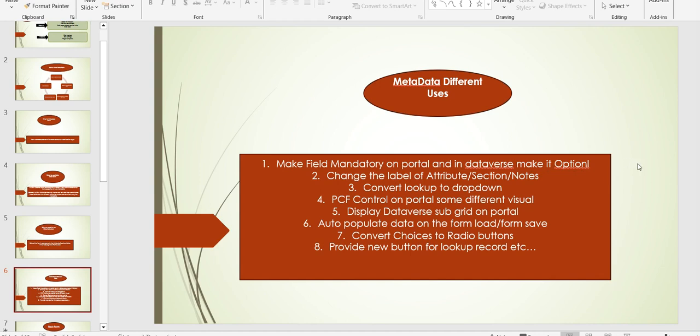Coming to the label of an attribute, as I already told, we can change the label in one way in Dataverse and a different way on the portal side. Also, if we have a lookup field and want to show it on the portal side, we can convert it into a drop down, like an option set field. For PCF controls, we can show some other behavior, a visual way also. We can show the subgrid data, and we can auto populate the form on load